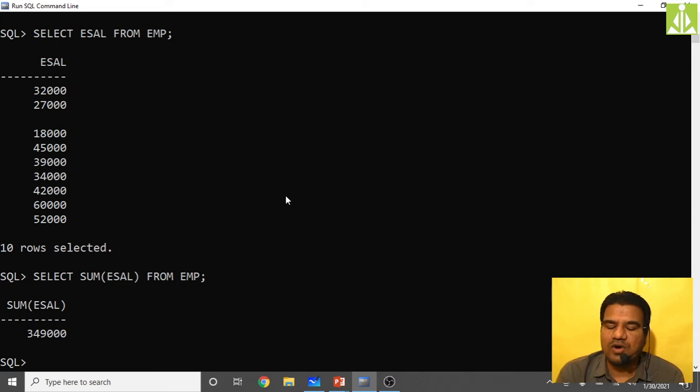So let us say you want to put the where clause also into this. Select the salary details where the salaries are less than 40,000. How can we write?